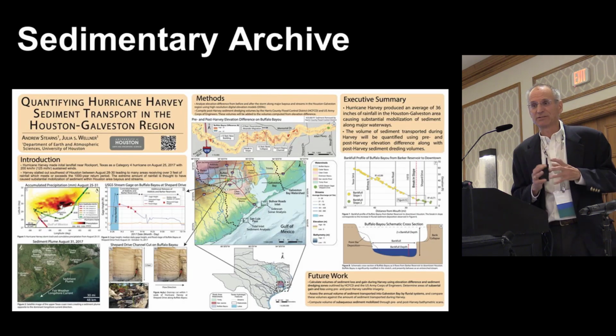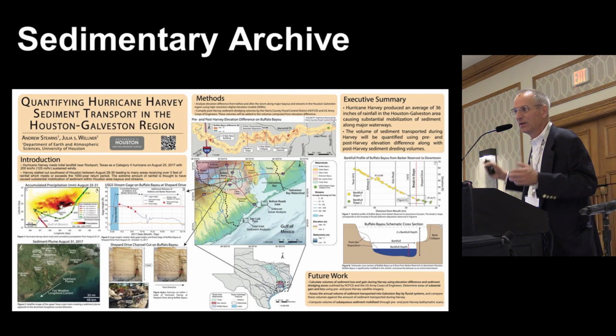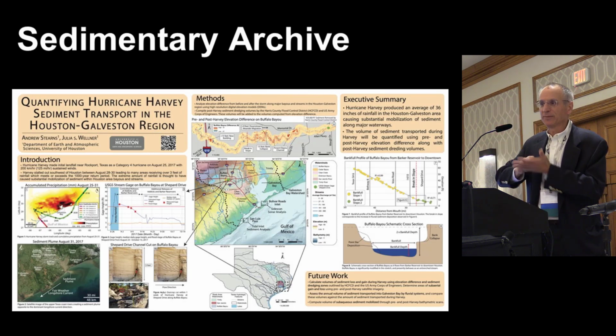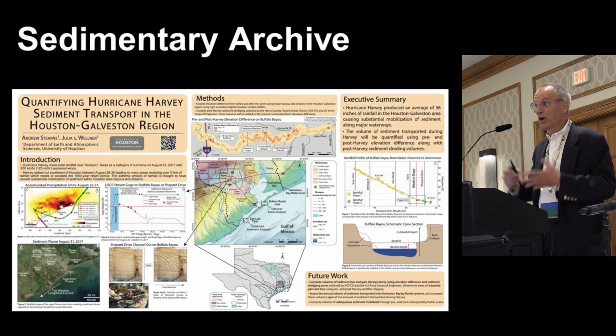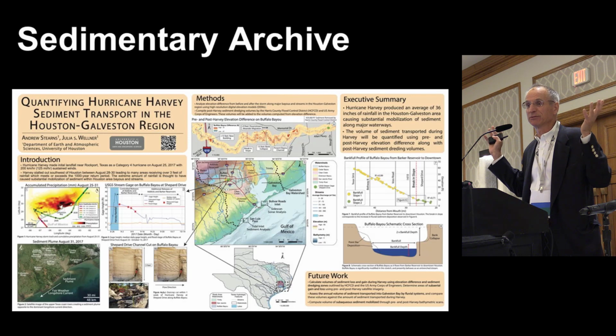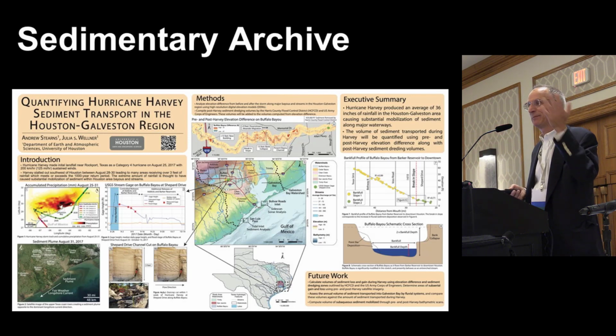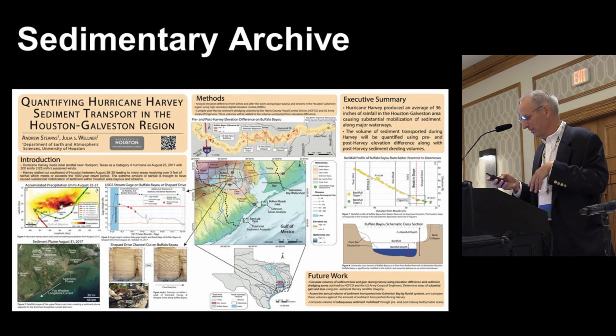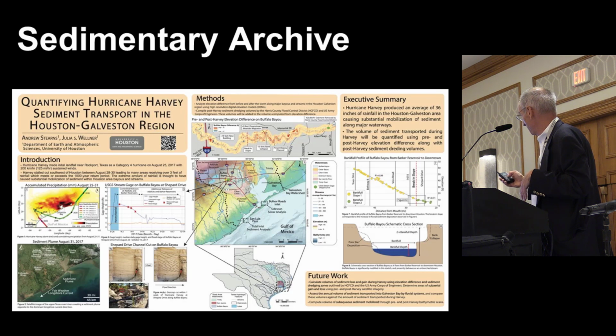So that's the hydrologic record. Big event, extended over 100 days. The sedimentary record is what we are looking at, and Andrew is looking at the LIDAR, comparing before and after LIDAR to get a quantitative number, within a few percent, of how much rock or sediment was eroded at this Harvey event. And he's looking upstream and downstream, and you can see his abstract, but the point here is